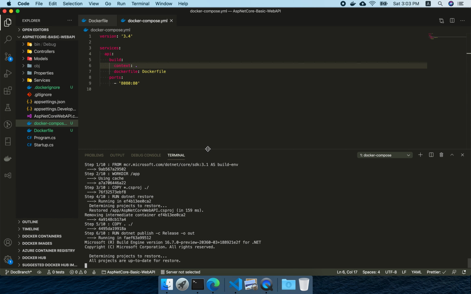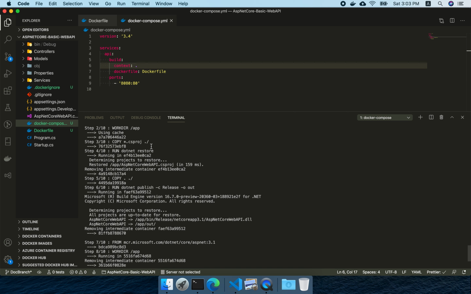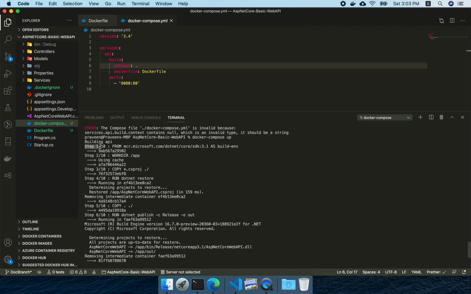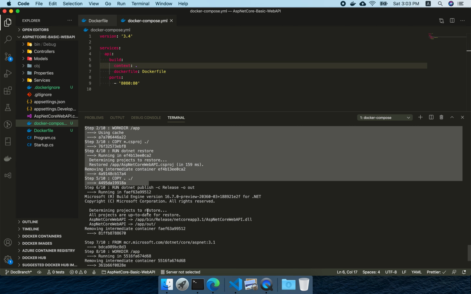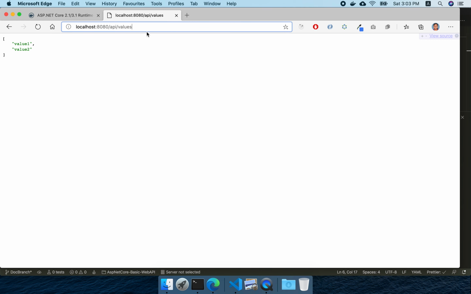You can see the same steps. It is doing what we did manually. When you run the build process, it shows steps 1 to 10, and it is doing similar steps. Once that is done, you would have seen the same successful statement as when it was executed the first time. After that, it created an image and is running it. Now it is attached and running successfully. If you go to the same URL and execute, you see it's successfully running.